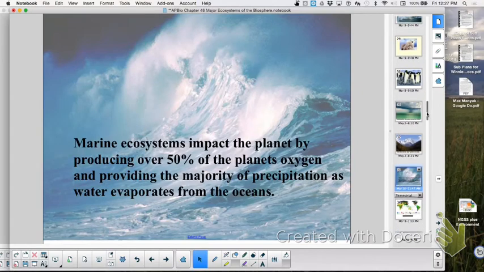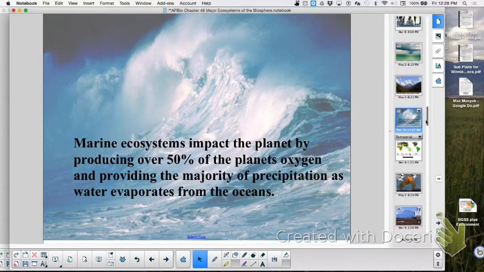And wherever you have a lot of mixing, that water is going to be more oxygenated. When the water is stagnant, you don't have that mixing, and so that water can become very toxic. And if you have a shallow eutrophic lake with over-enrichment of nutrients and there's no mixing of that water, it's not good for biodiversity.